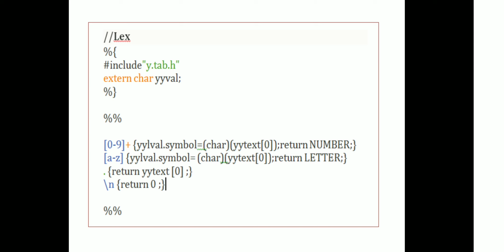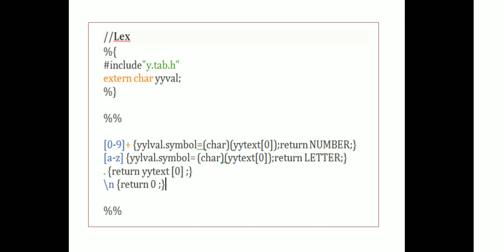This is an external variable. We are going to store that into the symbol, and we simply return number. Here we store into symbol and we return the letters. If \n is there, it returns nothing, that is, it returns 0. If a dot is there, it returns yytext, whatever input we enter. So this is all about the lex program, which we store into the lex.l